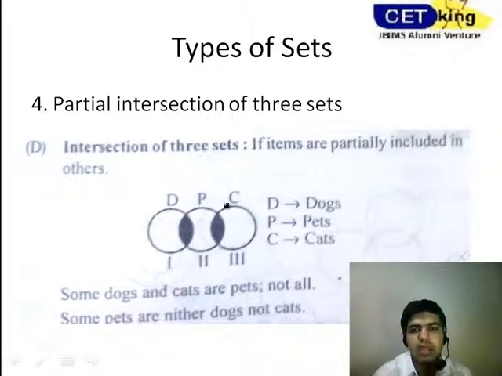Okay, no cat can be a dog at the same time and no dog can be a cat at the same time. We are talking about real cats and dogs. This is different from syllogisms. In syllogisms, "all cats are dogs" is fine, but here we are talking about actual dogs and cats, which is natural. So there can be nothing common between C and D, cats and dogs. These two elements will remain disjoint. C and D will remain disjoint.